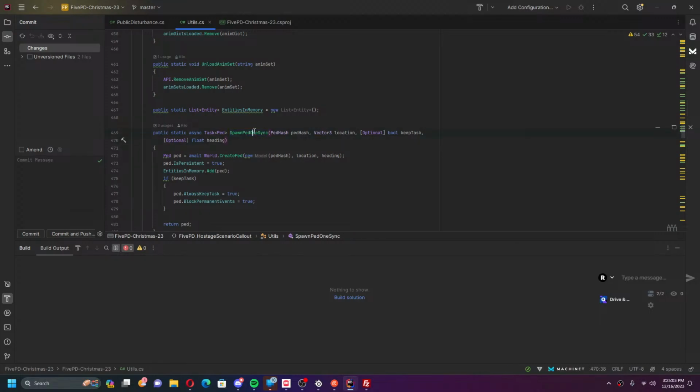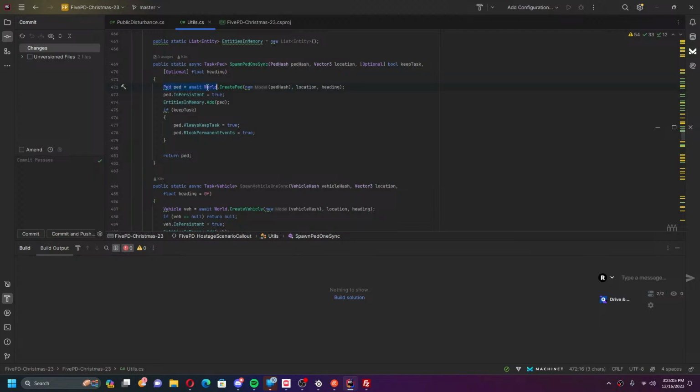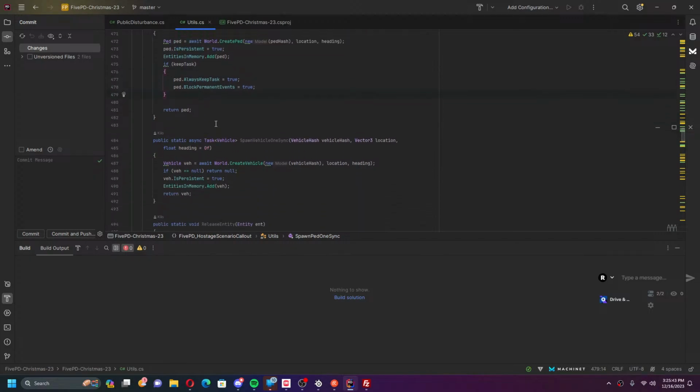Spawn ped one sync is what I use to spawn it. Basically what it does is use world.create ped. It creates the ped using the model, like the spawn code, and adds a location and their orientation. It sets them as persistent, and that's what fixes the bugs when it comes to spawning these peds with one sync. And then I add them to the memory list of peds so that can be pulled from